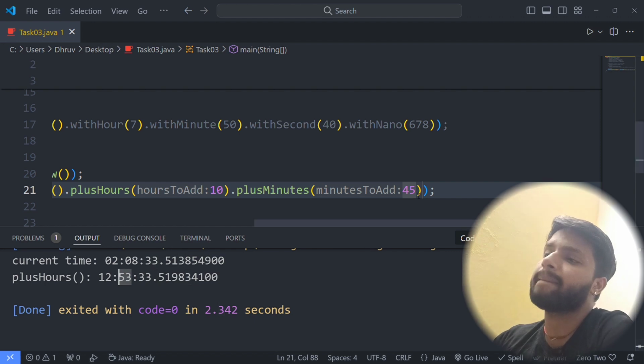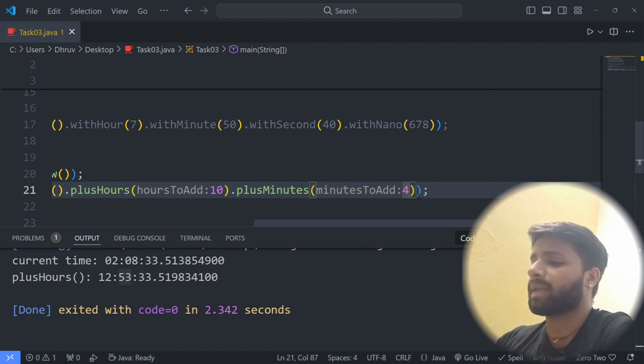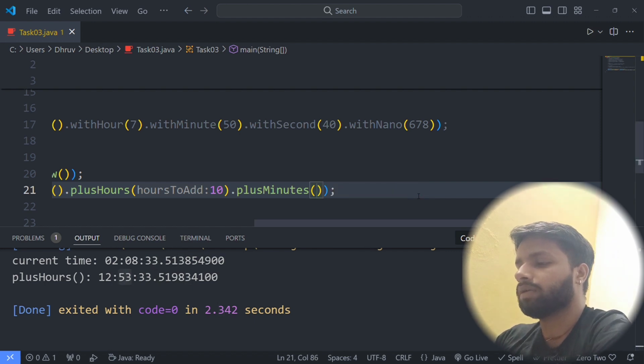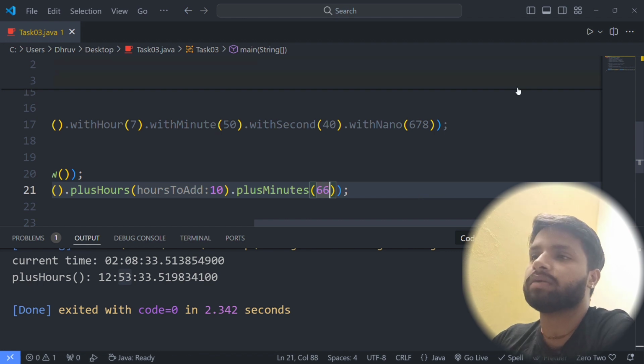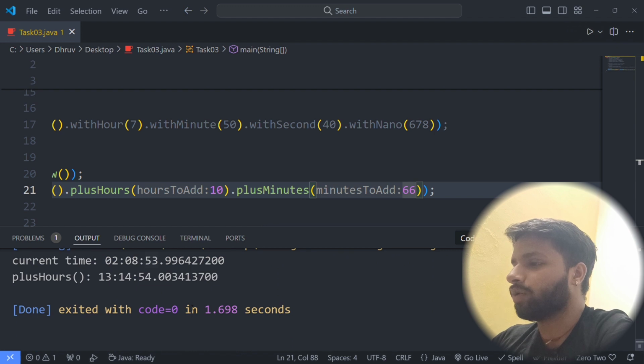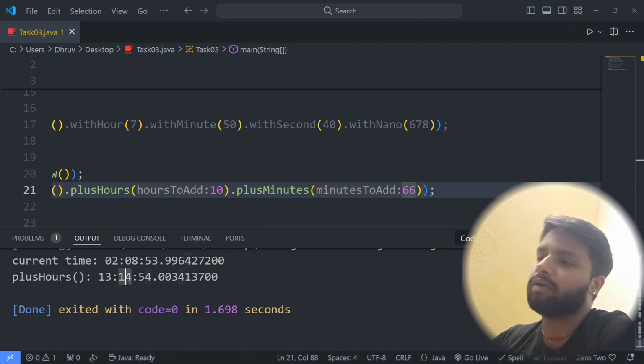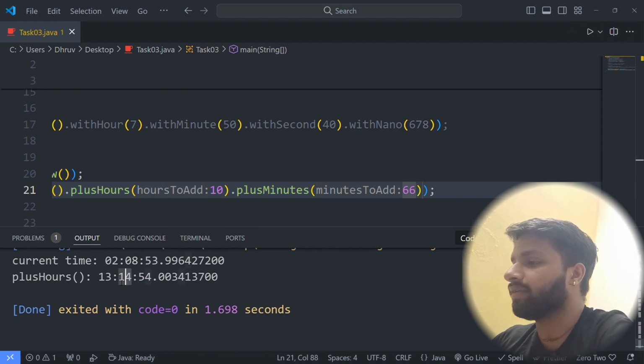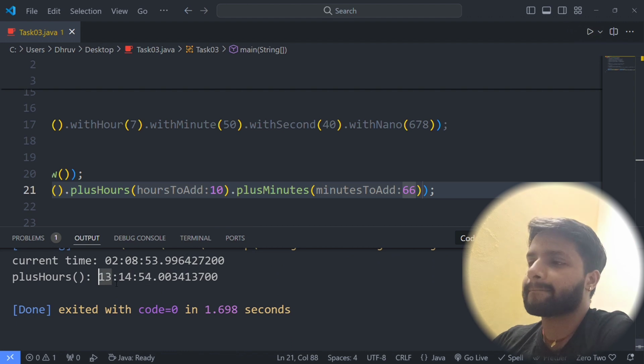If I add 66 minutes, then what will happen? See, when I add 66 minutes, the time becomes 13. It becomes 1 hour 6 minutes. I am adding here 1 hour 6 minutes.